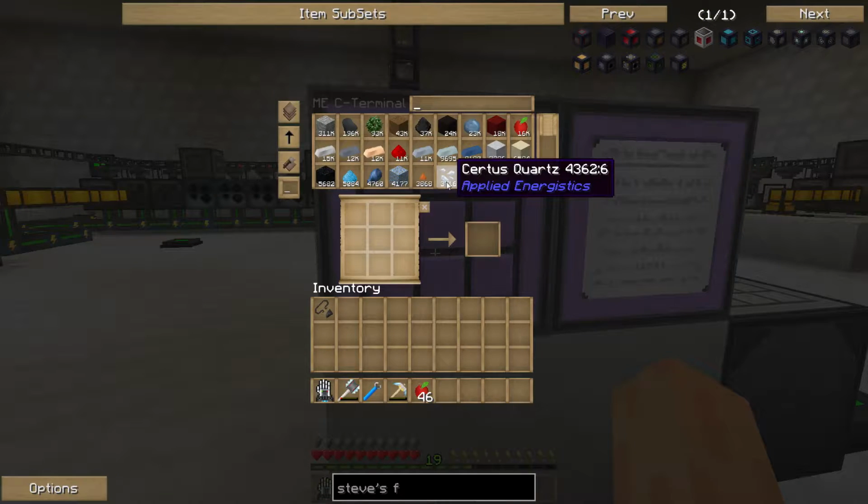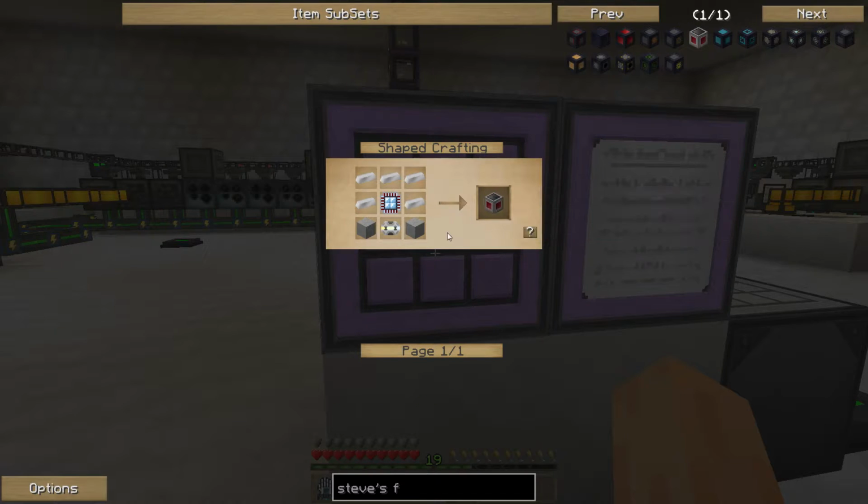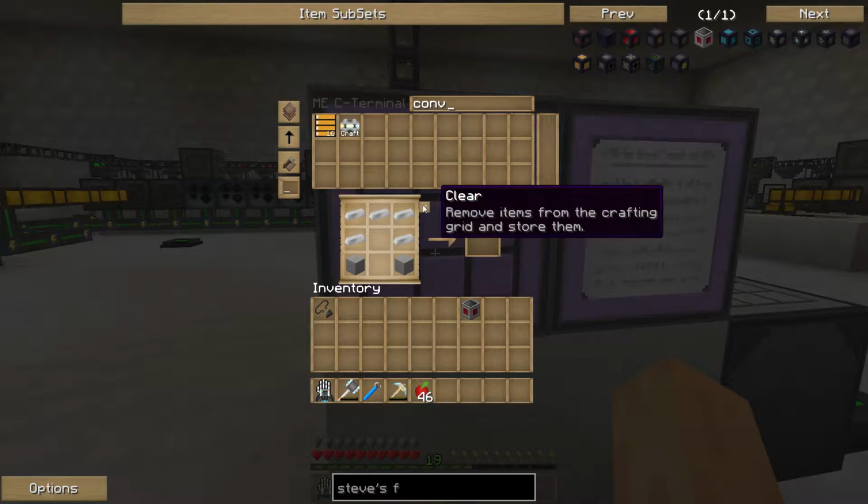I need to make a conversion matrix. I'm fairly sure this is in my... Oh, there's already one in my system. Fantastic. So there we go. We've made the machine